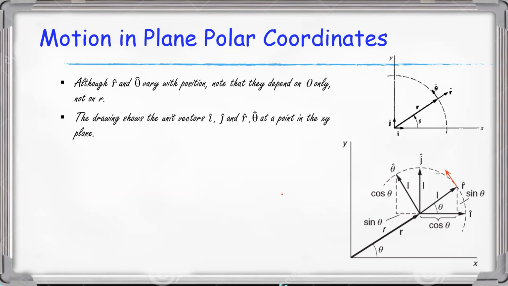The magnitude of the vector must be equal to 1. Here we consider this one, this is the r. We consider a unit circle. A unit circle has a unit radius.